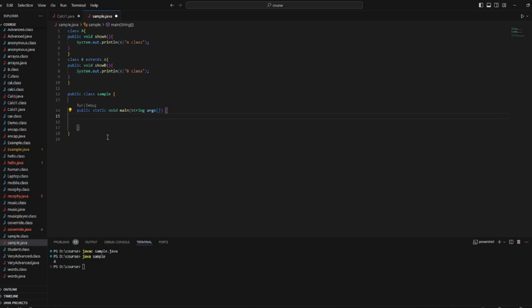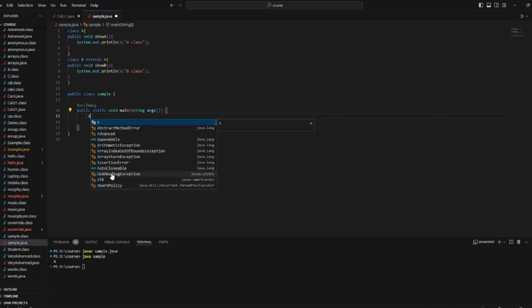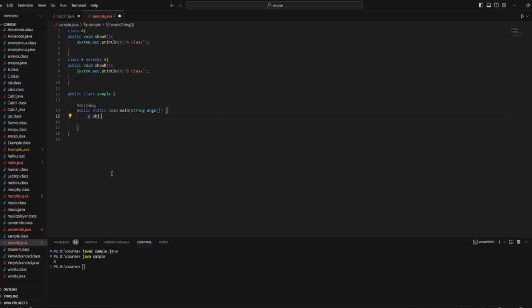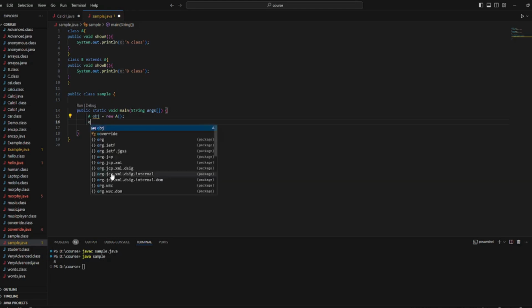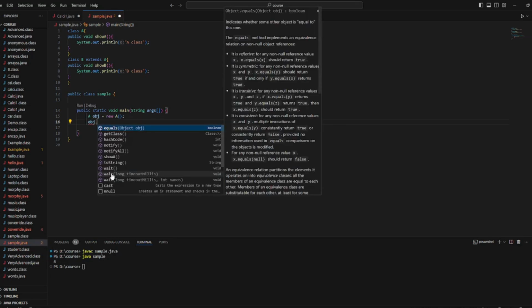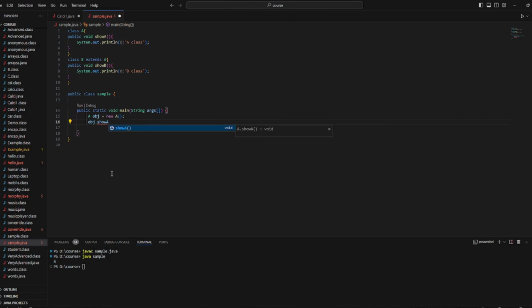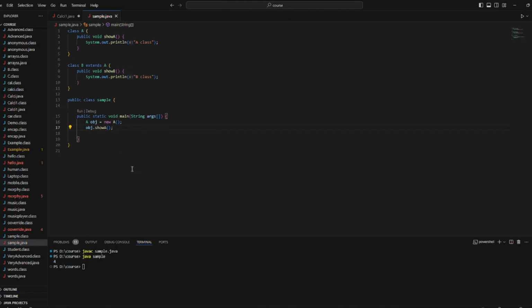And I'm going to create an object for class A. Using this object, I can call showA, right? Of course, if I run, I'll get this as my output.